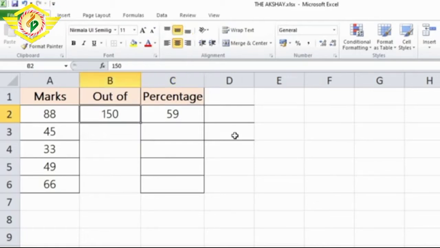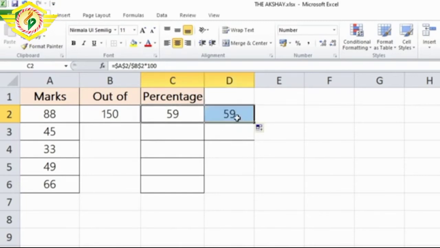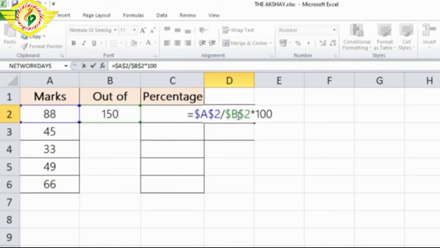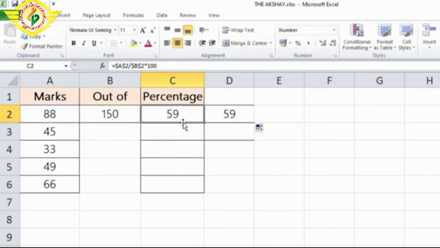because right now we have not copied this formula to somewhere else. Now let's drag it here, and as you can see, now it is showing 59 only, the same value as this cell, because you can see that the formula is the same as this cell. So that means absolute reference does not change, it remains constant. Now if I drag this below, you can see that it is still the same formula. So values remain unchanged because the formula is unchanged.